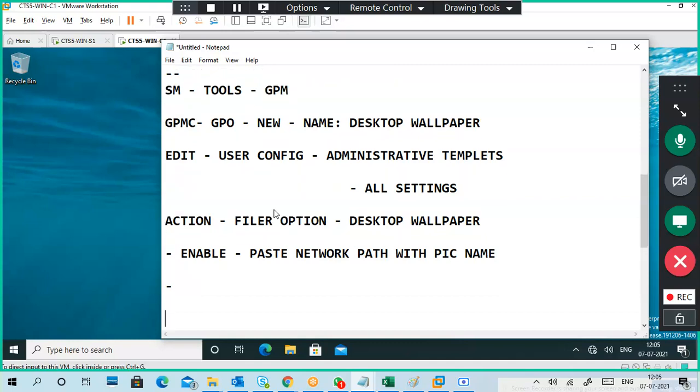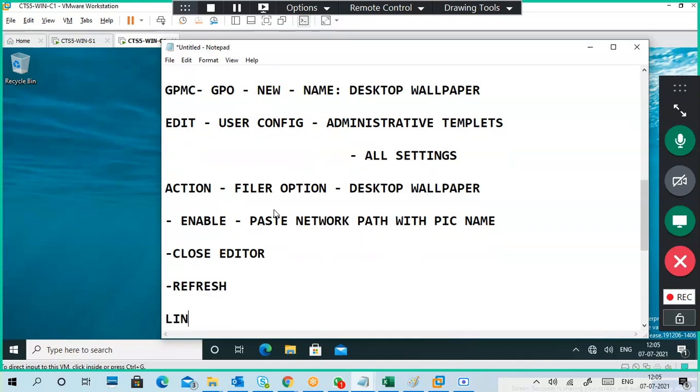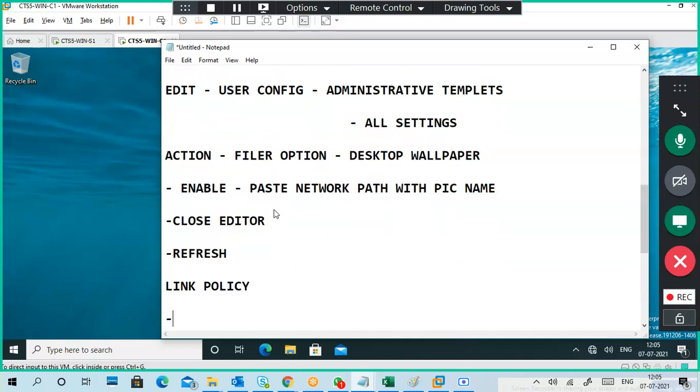Okay. Then close the editor. I refresh, link policy, update.